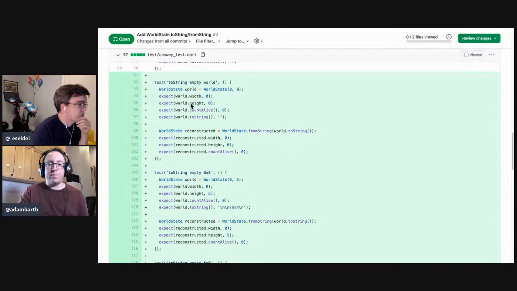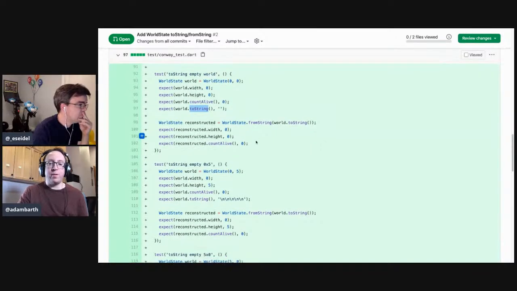So toString empty world, okay, check count alive, yeah, toString empty. Okay. It's a little odd to use the toString itself for this serialization. It might make sense to have a separate pathway since toString is sort of special in Dart, I think. So like have a pickle and unpickle, or you just use a different term. Yeah, I just think that you may find yourself wanting to change the toString representation, which is sort of like, I'm debugging this, I want to see it in a tree, versus the pickle unpickle, or serialized, deserialized, whatever it would be called. Yeah, I think that's a really good point.